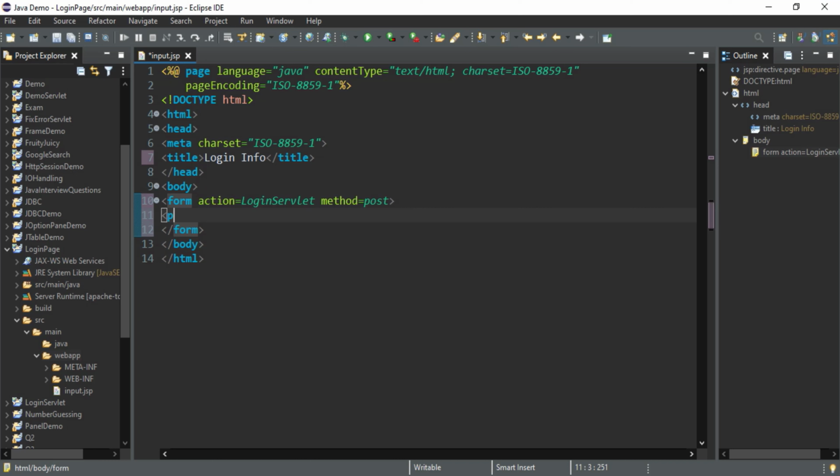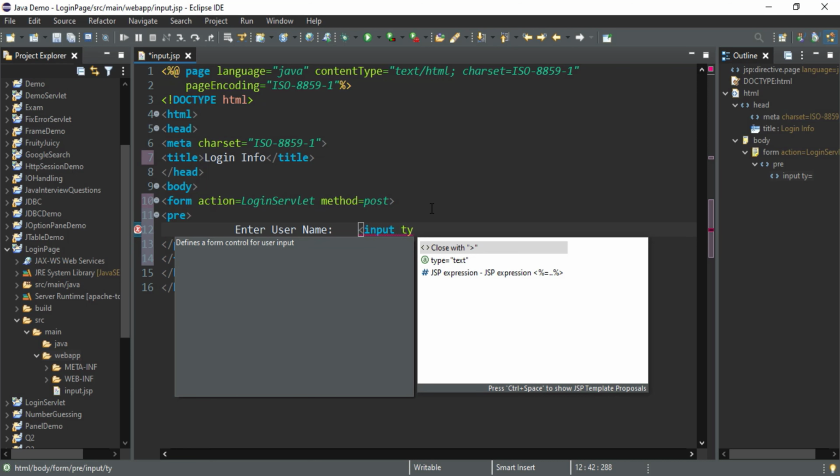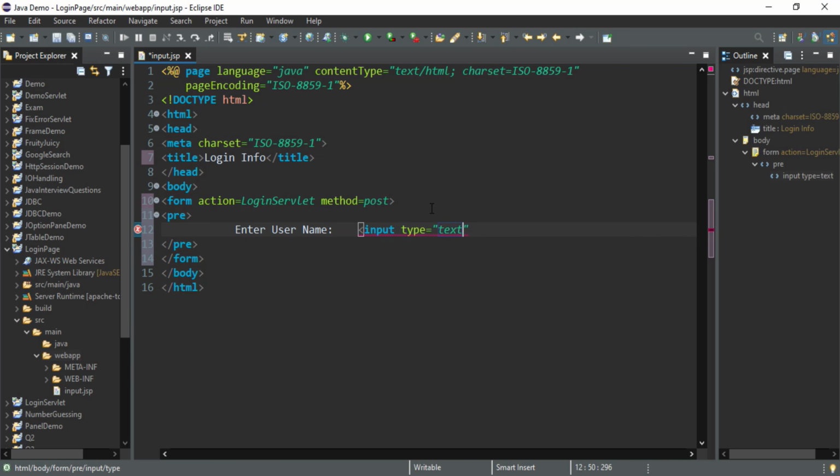In this I'm going to add a pre tag for saving my spaces. Now I'm going to create input type equal to text box. So here I'm asking enter name or enter username, and here I'm going to take input type equal to text, and then I'm going to provide a name to this text box, that is name equal to t1. Then again I'm going to ask for the password, so enter password,